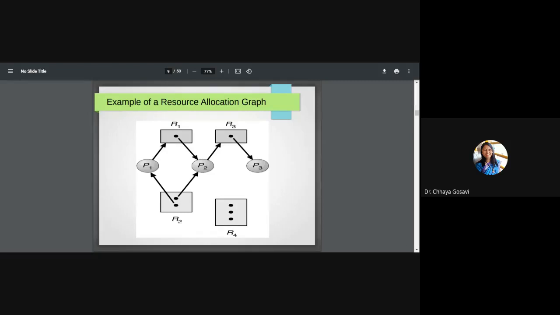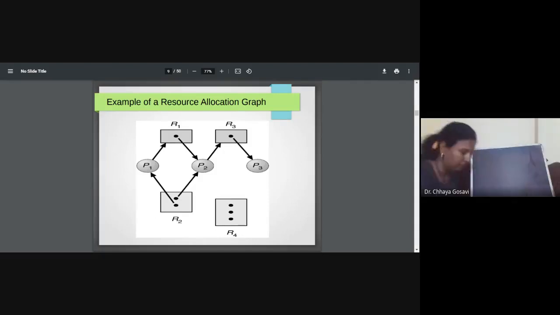The slide is visible, right? Can you see this resource allocation graph slide? Okay. You have to write it in the form of matrices. So we have three resources R1, R2, R3 and processes P1, P2, P3.